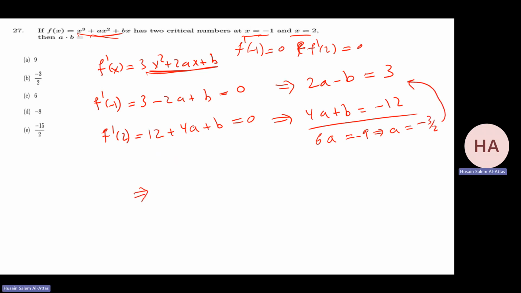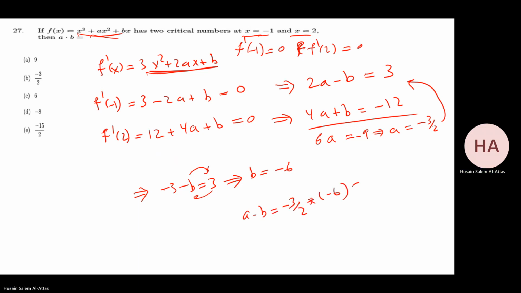So I have minus 3 minus b equal 3. So I have b equal minus 6. Take b here and this here. B equal minus 6. So a times b, minus 3 over 2 times minus 6, 18 over 2, which is